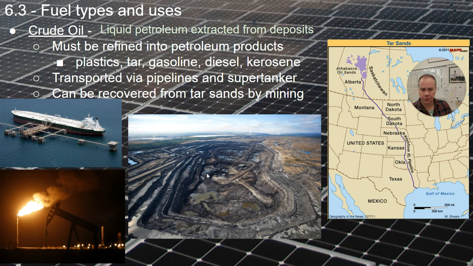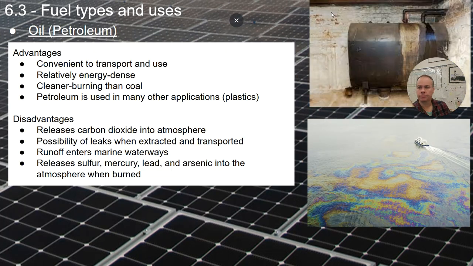This is the tar sands. This is an area where you have crude oil sort of mixed with sand and soil. And this is up in Canada, in Alberta, most of these large deposits. And it's very energy intensive to extract it, but there's large amounts of crude oil stored here. And so if you've ever heard about the debate regarding the Keystone pipeline, the Keystone XL pipeline, that's related to the transport of this crude oil from the oil sands in Alberta, Canada, down to the Gulf of Mexico, where it can then be shipped around the world.